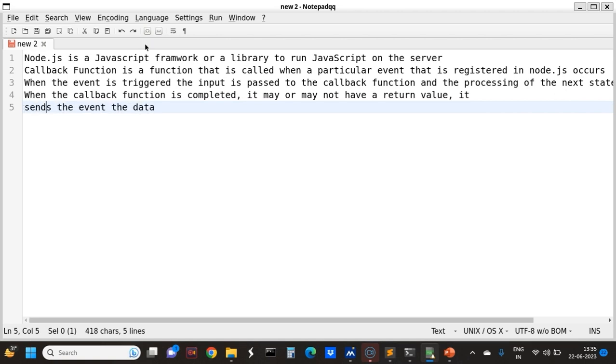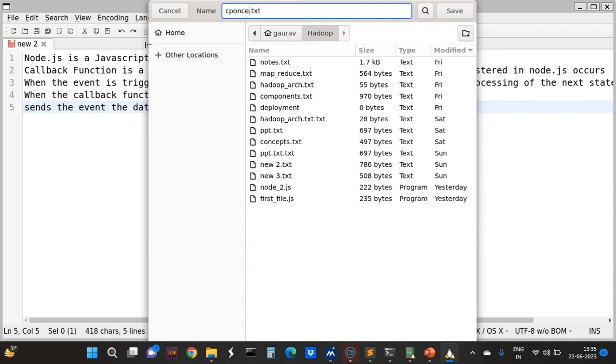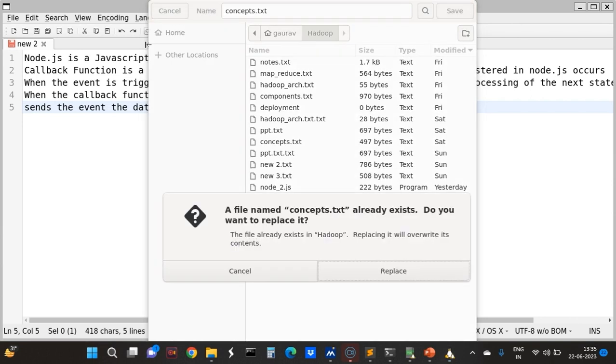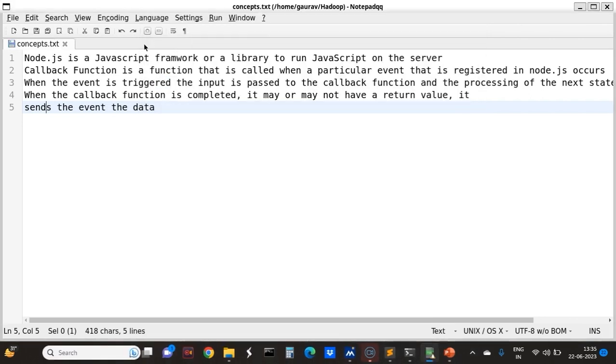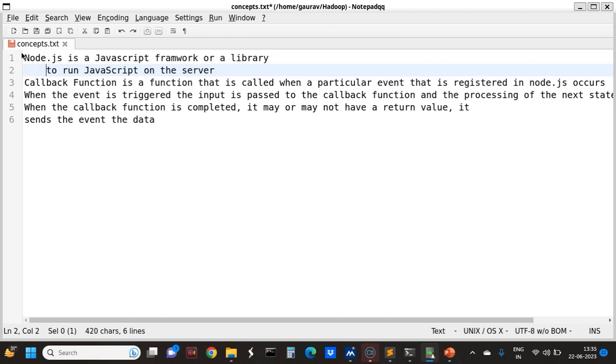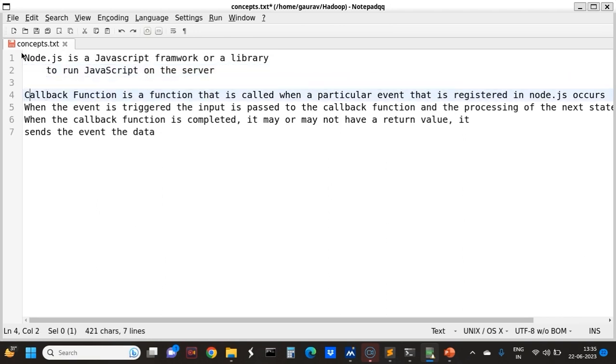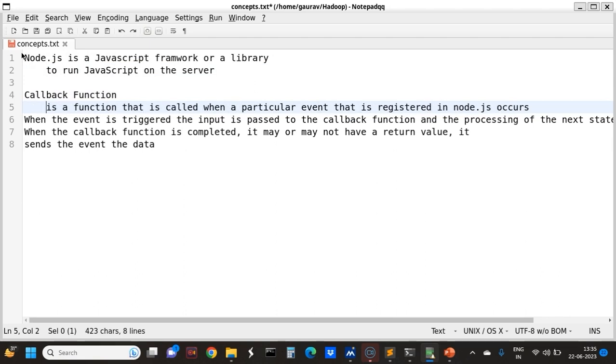So now again we will just go to the concepts. So in the first concept we see that Node.js is a JavaScript framework or a library. It is used to run JavaScript on the server. So callback function is a function that is called when a particular event that is registered in the Node.js framework occurs. So now when the event is triggered, the input is passed to the callback function, and the processing of the next statement